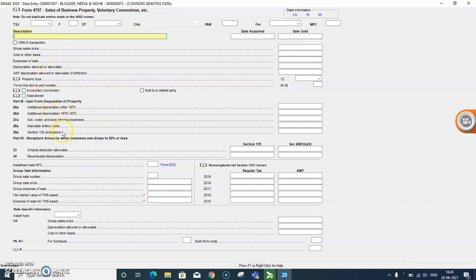So whatever information you have, please report here. Gross sales proceeds, market value of this asset. So guys, be very careful when you report this 1099-S.